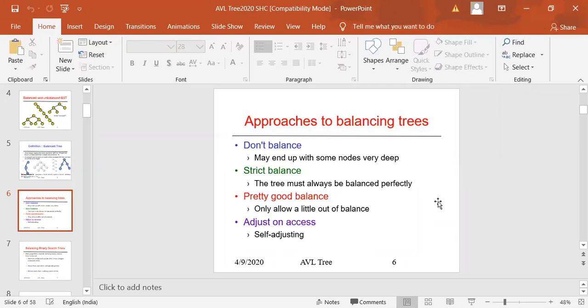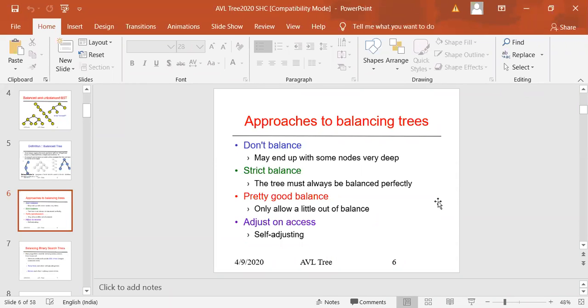When the tree becomes unbalanced after the insertion or deletion of a node in a tree, what we try to do after insertion and after deletion is to keep my tree strictly balanced perfectly. And this type of tree is called a strict balanced tree. Pretty good balancing only allows a little out of balance, say 1% out of balance is allowed, and that is pretty good balancing.